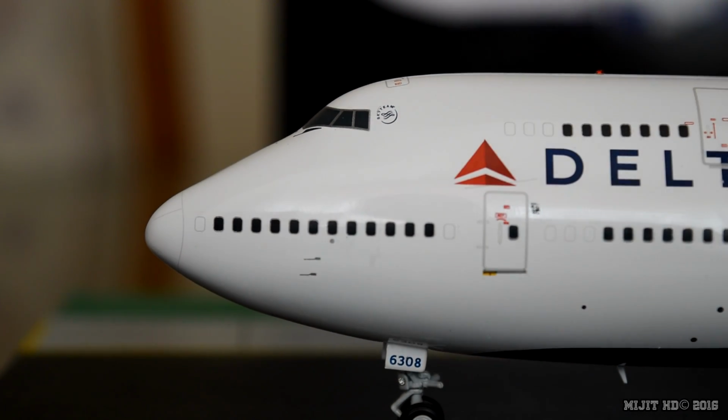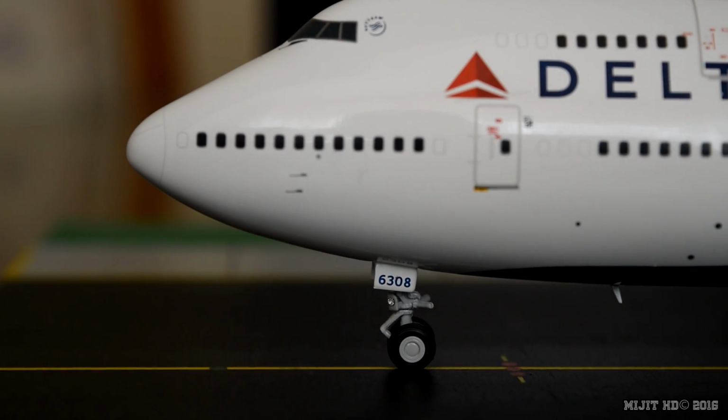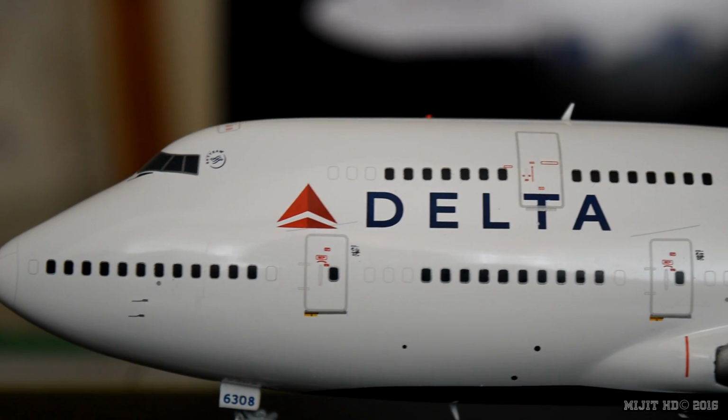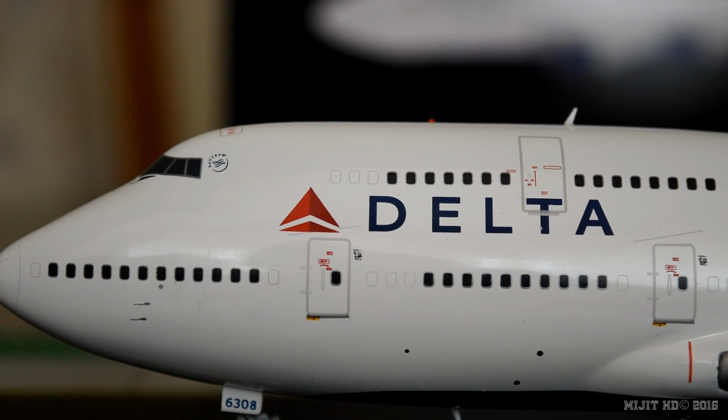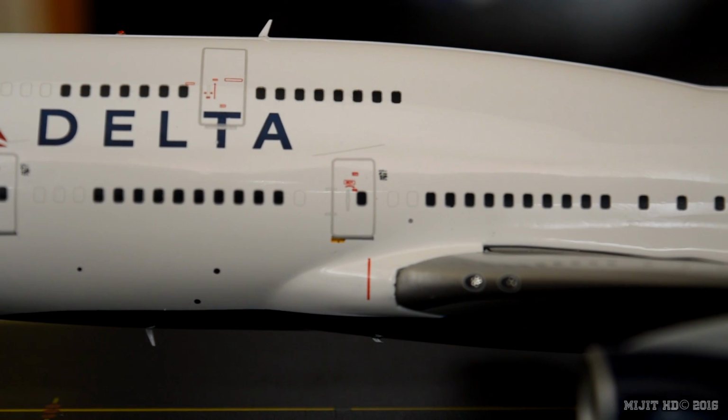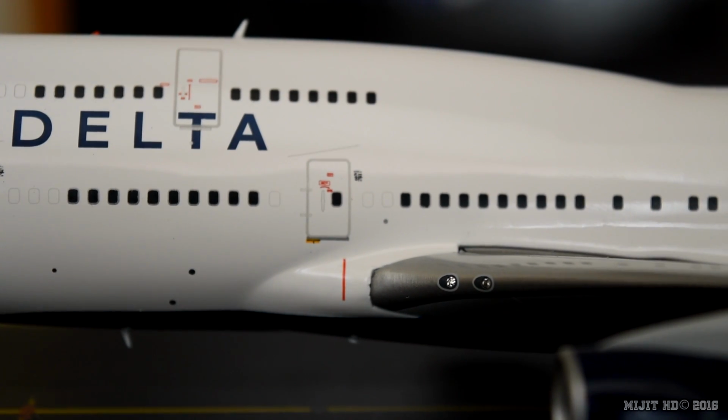Right, so we have the cockpit windows, window wipers, pitot tube static ports, Skyteam logo because Delta are a member of Skyteam, which is a group of 20 airlines. On the gear door we have 6308, that is the fleet number, and you can also see one of the two taxi lights on the nose gear strut. Delta titles and logo, the realistic inboard landing lights,